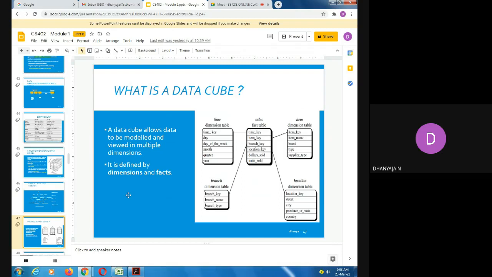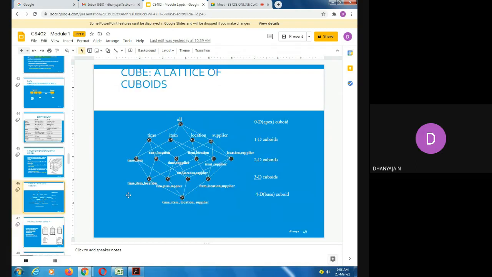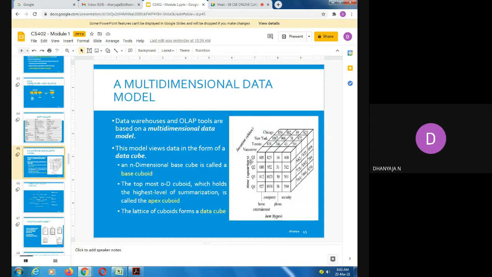Here you can see in the cube given here, drill down operation is performed by moving down in the concept hierarchy of time. Time is given in this y axis, right? From the topmost, from quarter 1 to quarter 4, I'm drilling down in the concept hierarchy of the time dimension.